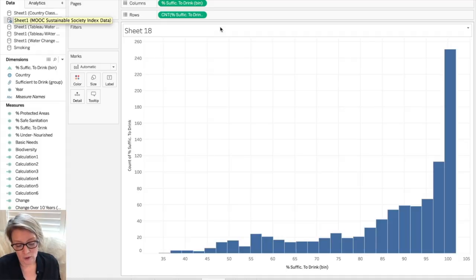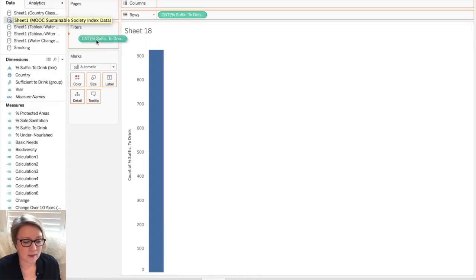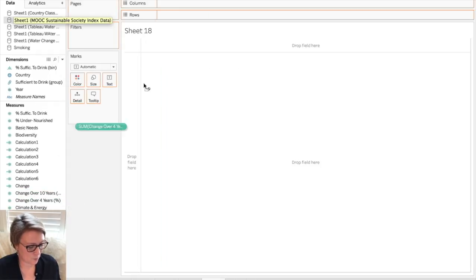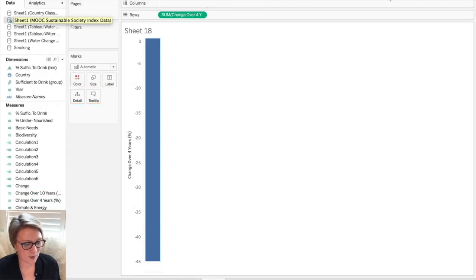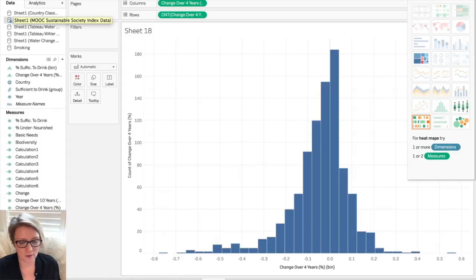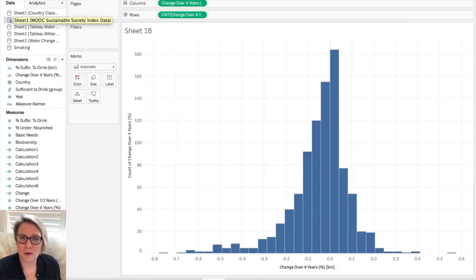This data is really squished over to the right side, but that's not true for all data. Sometimes data is what's called normal, which is, of course, a very misused and overused word in some ways. So if we look at the variable called change over 4 years, which measures what kind of change there's been in the country in sustainability in the past 4 years, we can see the distribution